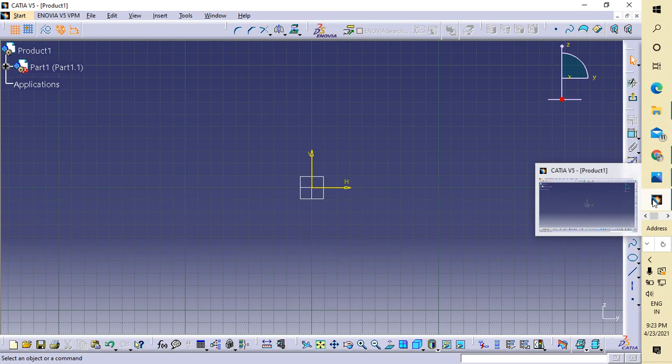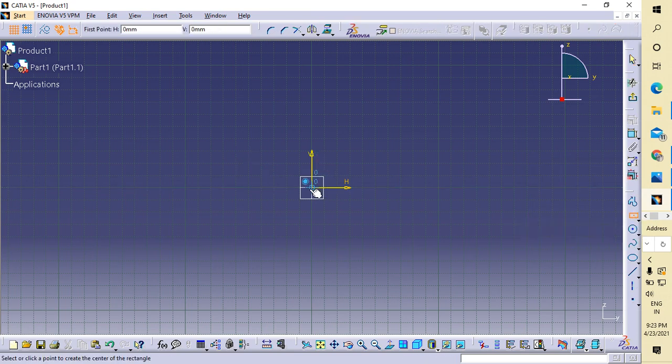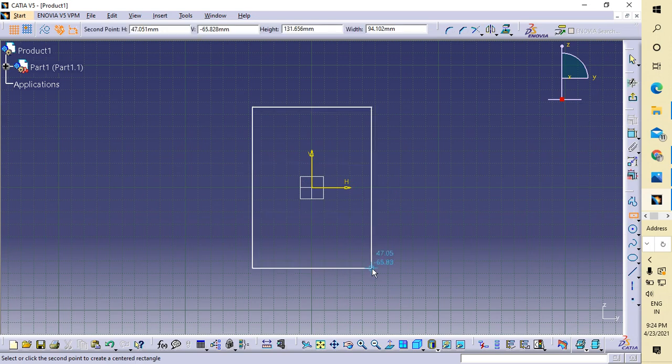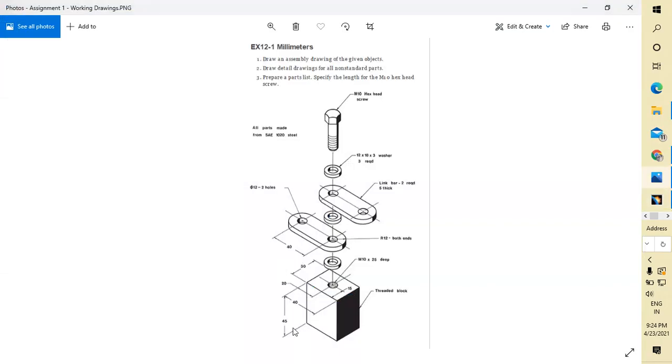Now I'm going to select this center rectangle. I'm choosing this. Okay, I'll dimension it. First of all we will make this part. This is a height of 45 and this is a width of 40.